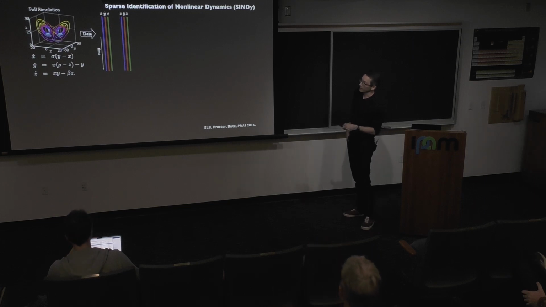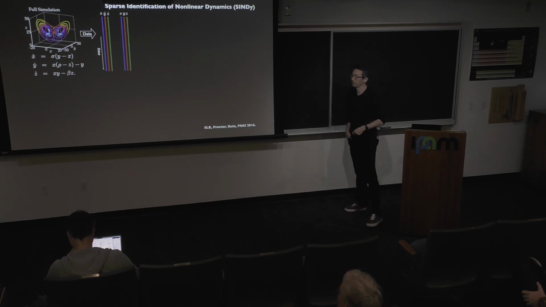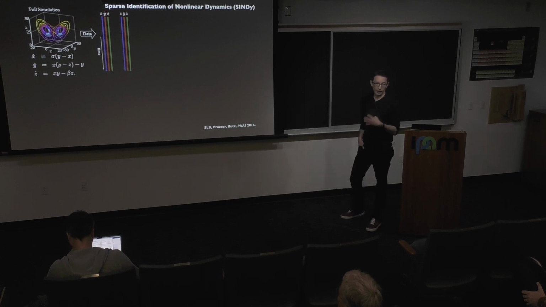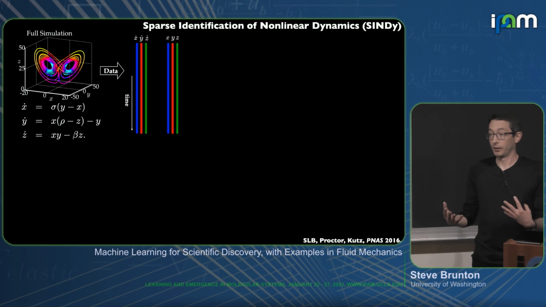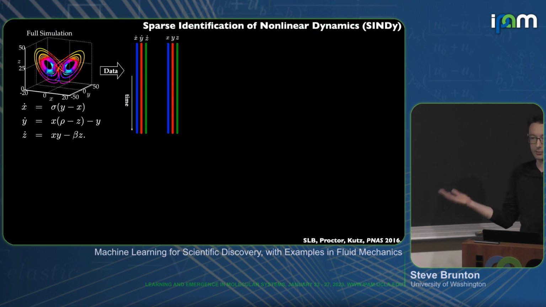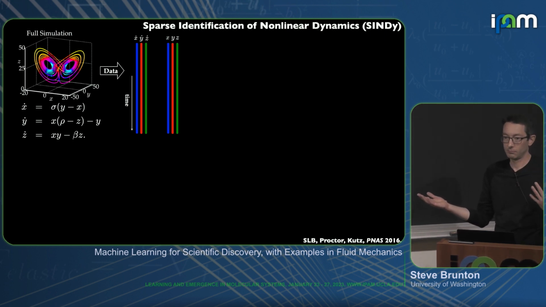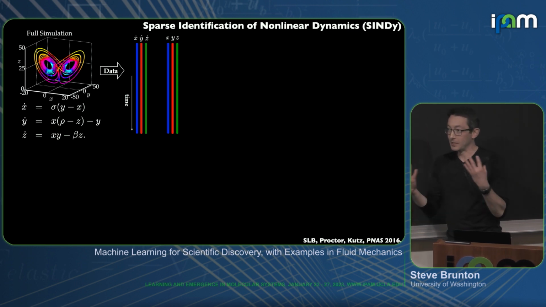So the idea is that we have data from this complex system. So this is a differential equation generating data, time series of x, y, and z in time. And let's say I can compute their derivatives as well. I can approximate their derivatives or measure the rates of change of things. And I have the data, but I don't have access to the equations that generated the data. I'm trying to discover those equations. So what is the simplest model I could think of to describe time series data? Like we're trying to adhere to that Einstein quote. What's the simplest model possible that could describe the data? Yeah, so constant's definitely the simplest. Linear would be the simplest reasonable model I would try.